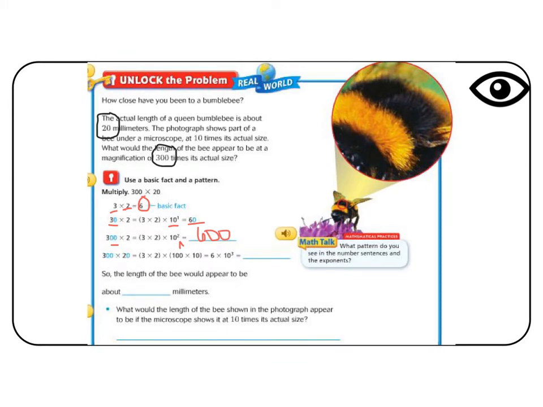Now that we've gotten up to 300, we need to add a 0 to our 20. So we have 3 times 2, this is our basic fact, and then times 10 times 100. So we take all those zeros and we lump them together into an exponent up to the power of 3. So we say 6 times 10 to the power of 3. So we pull out our 6, and then our 10 to the power of 3 would be 1, 2, 3 zeros. So that would be 6,000. So the length a bee would appear under this microscope would be 6,000